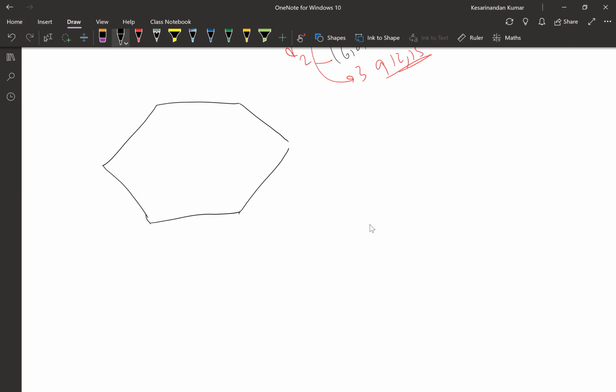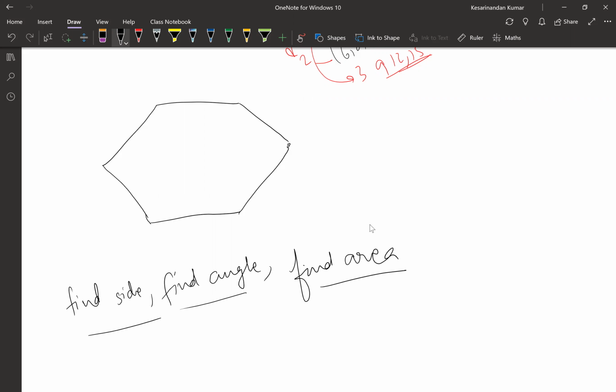So there's one more concept continuing from where we had left yesterday. Similar to the area part, in geometry you will basically be given questions of three types: find the measurement of a side, find the angle, and find the area. These are the only three types wherein you will be asked questions. You can be given find the ratio of the areas, but basically if you know the area, you can easily solve it.